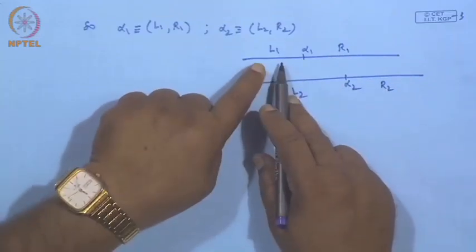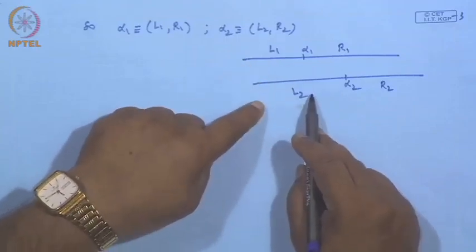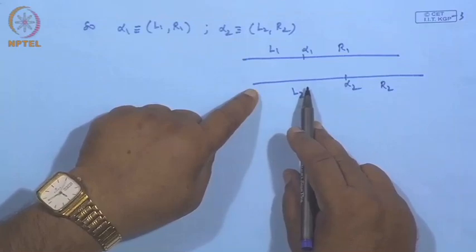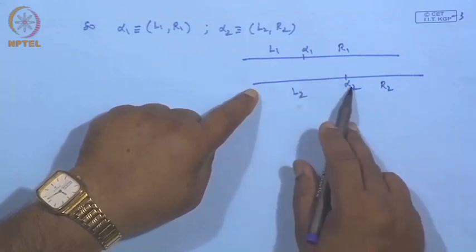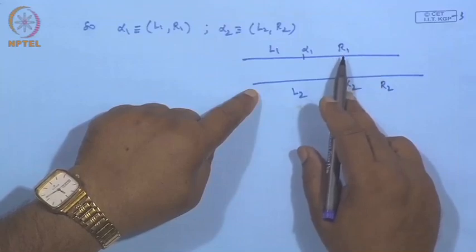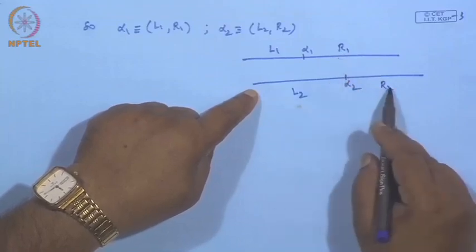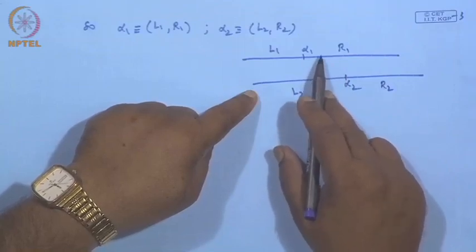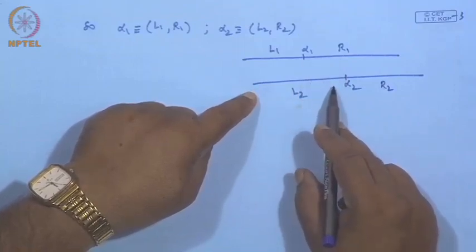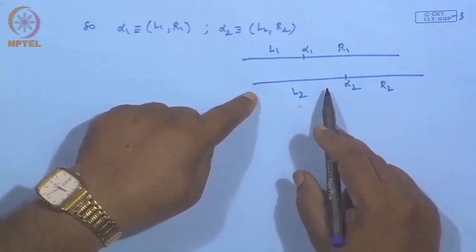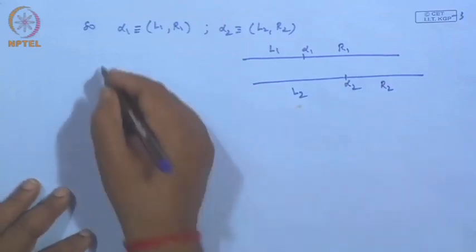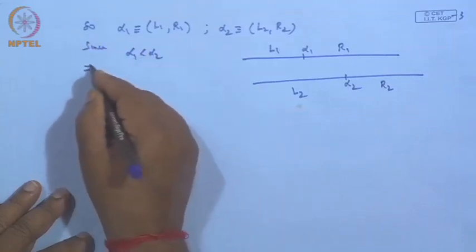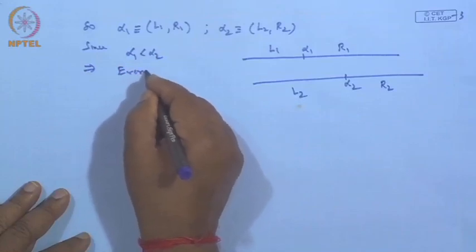So, every element of L 1 is basically an element of L 2. Every number which belongs to L 1 is also in L 2. But the same is not true for R 1, because alpha 1 is less than alpha 2, but all the numbers of R 1 are not in R 2. It means some of the elements of R 1 must be in L 2, is it not? So, because alpha 1 is less than alpha 2, this implies that every member